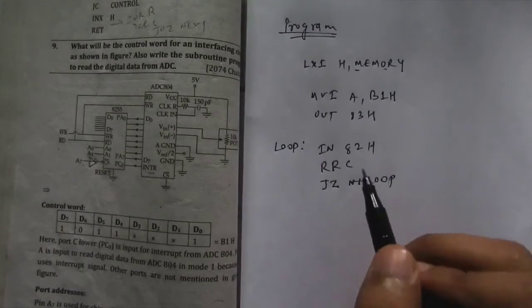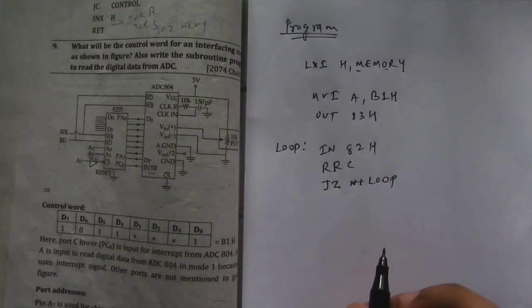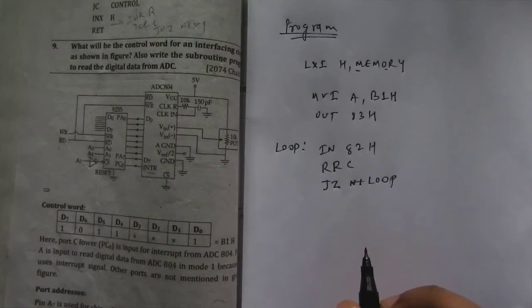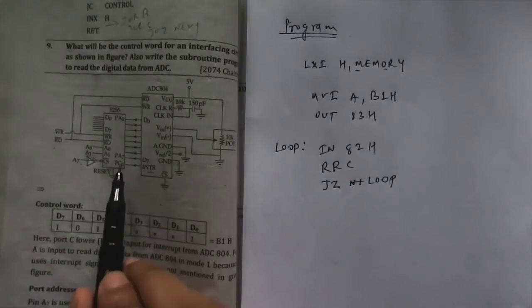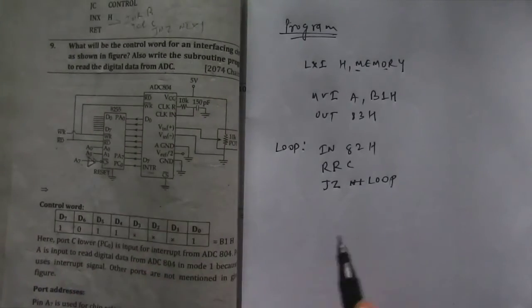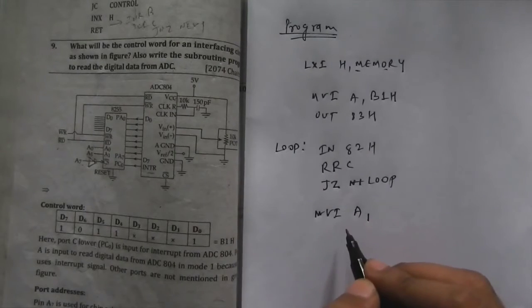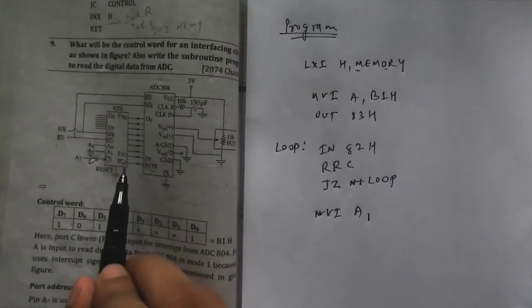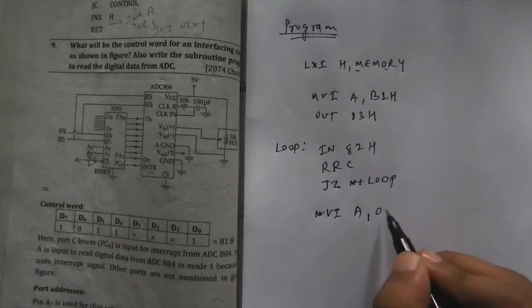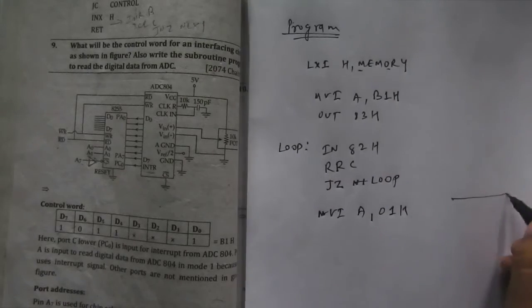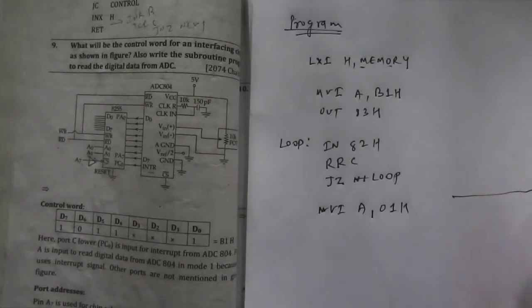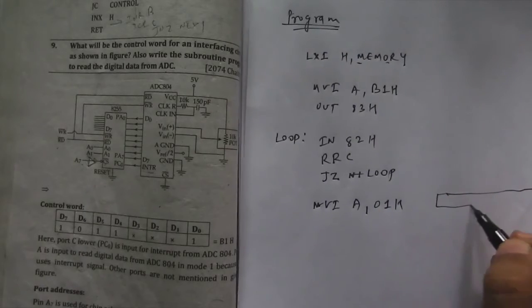Now we need to enable interrupt, and to enable interrupt there are generally two ways. So first one is outputting the control word for setting PC NOT. So MVI A, and the control word for setting PC NOT is 01H, because see okay,